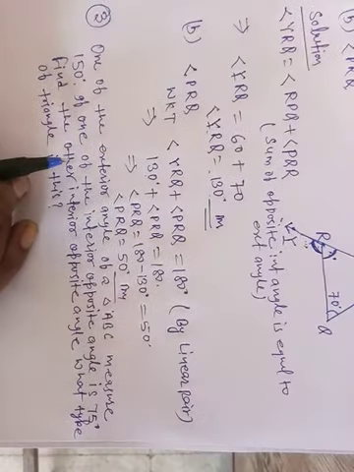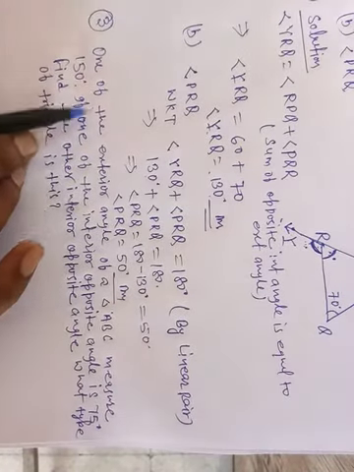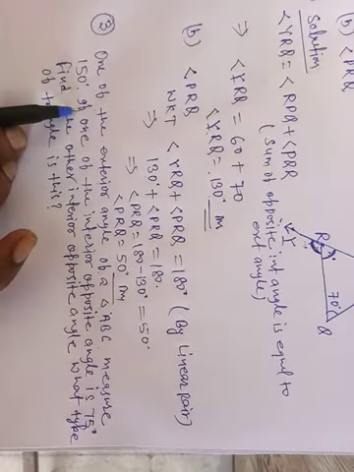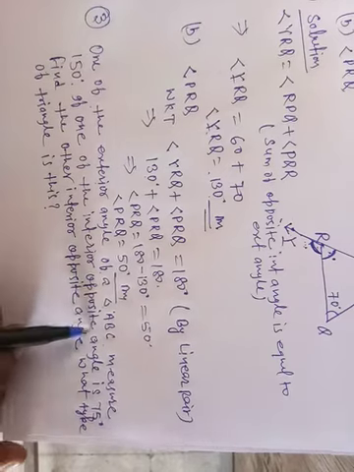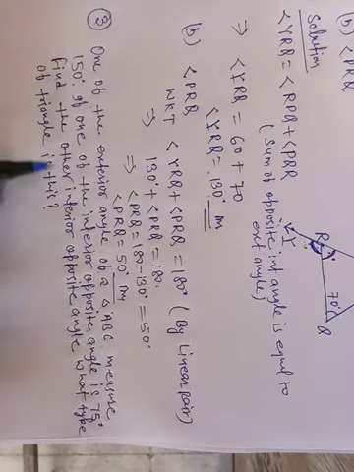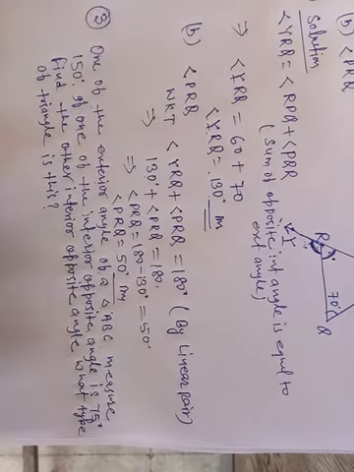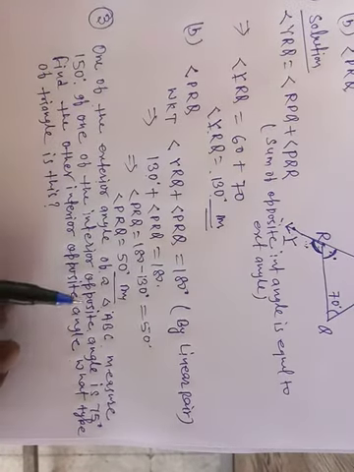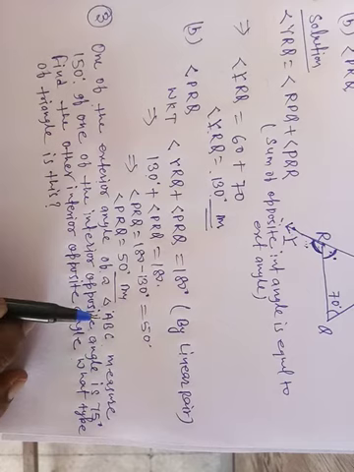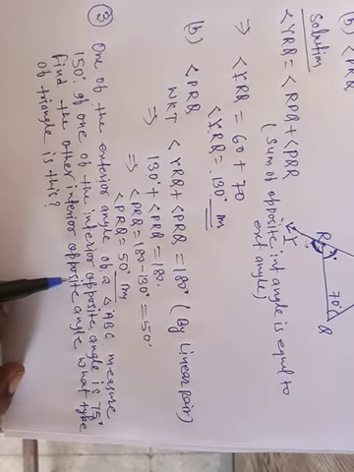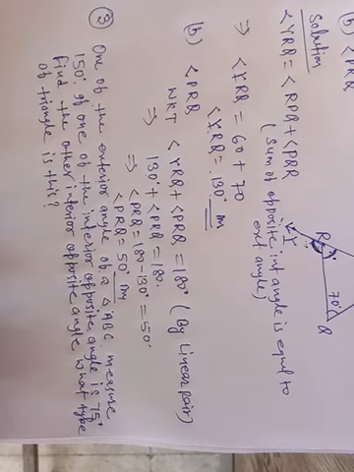In question number 3, it is given that one of the exterior angles of triangle ABC measures 150 degrees. If one of the interior opposite angles is 75 degrees, find the other opposite interior angle and what type of triangle this is. First you find the other opposite interior angle, then you find what type of triangle this is. Is it clear?